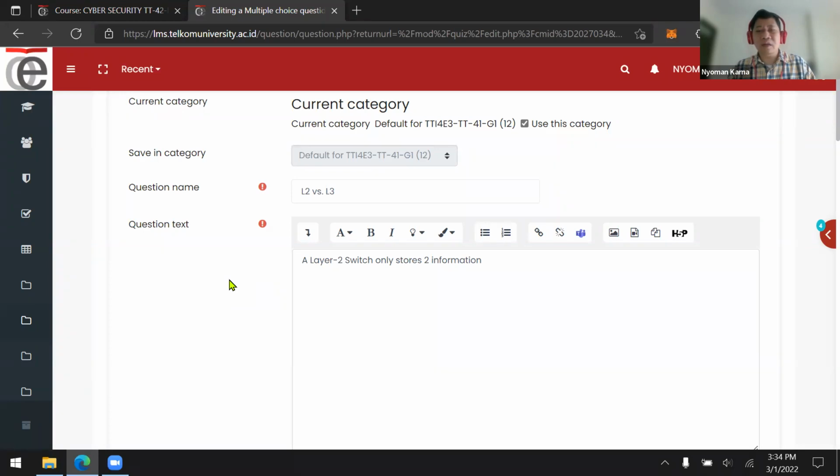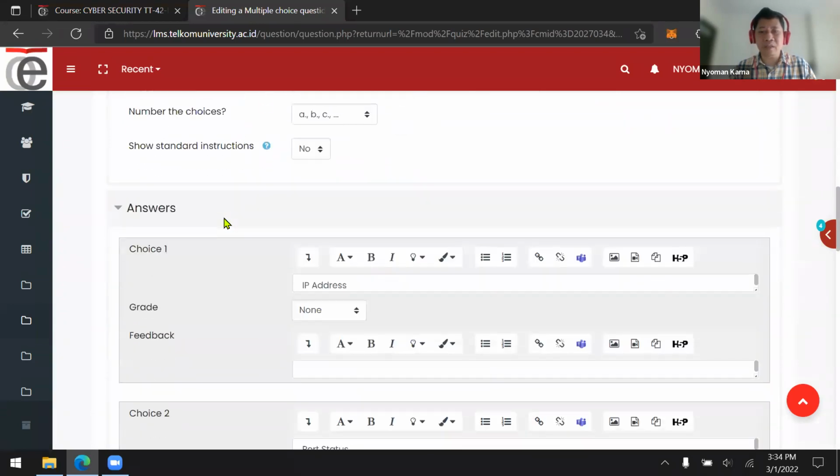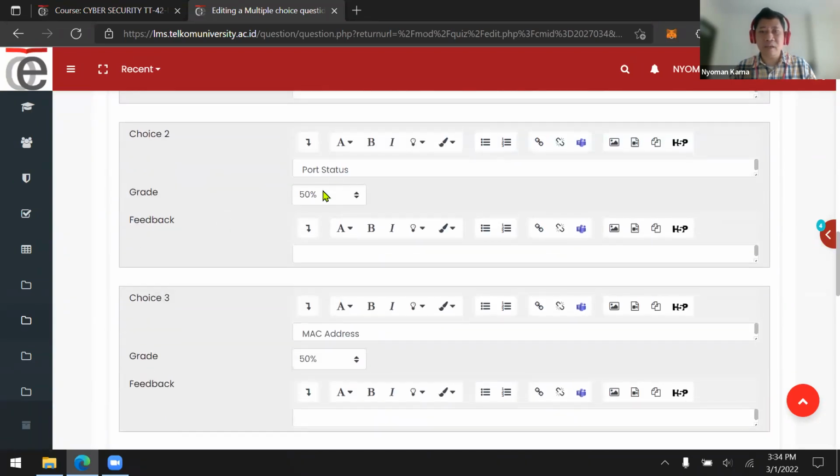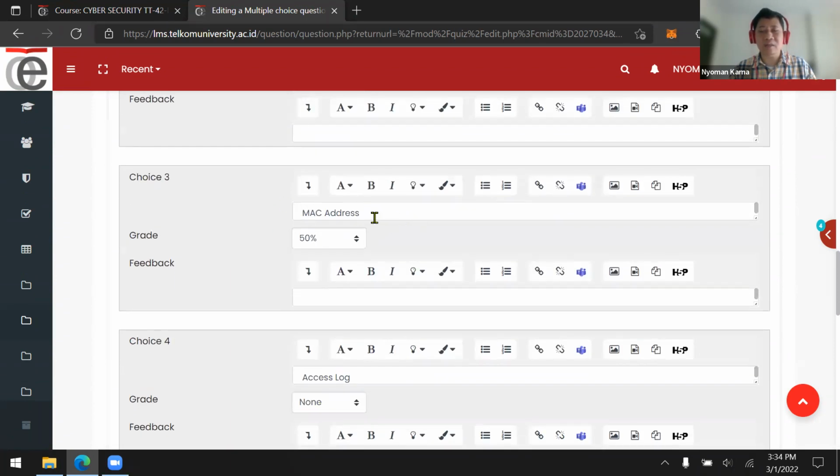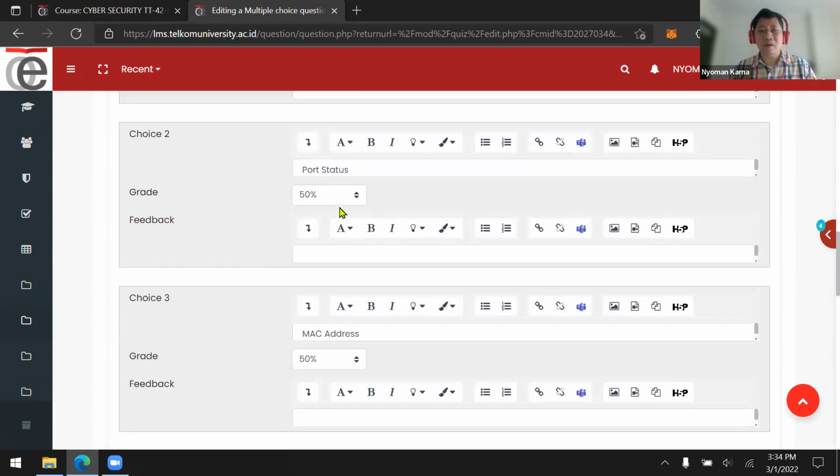So the answer is port status and also the MAC address. So we have two correct answers.